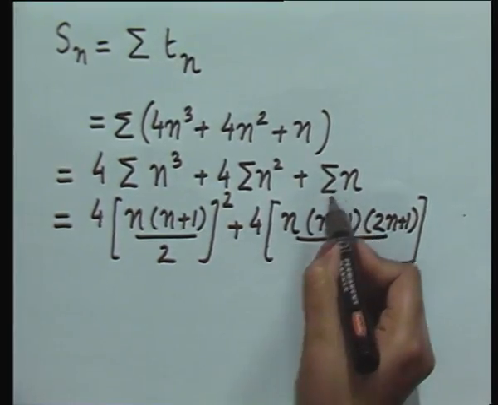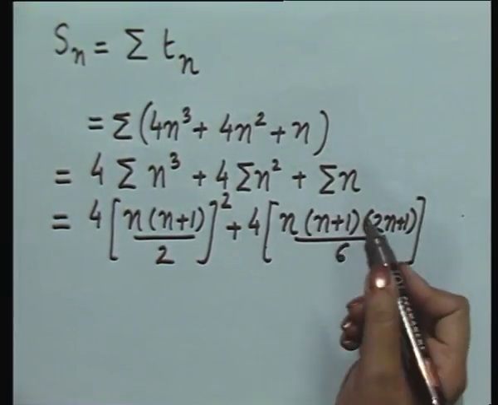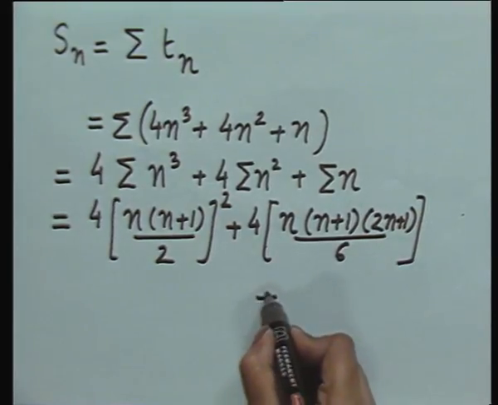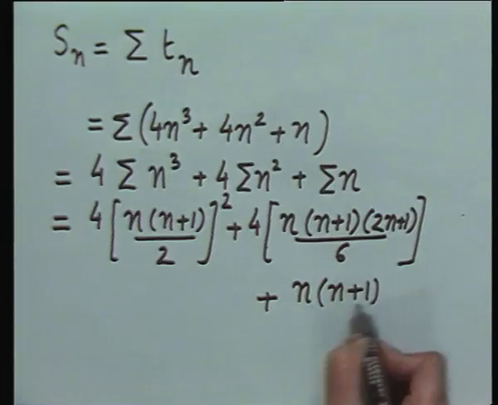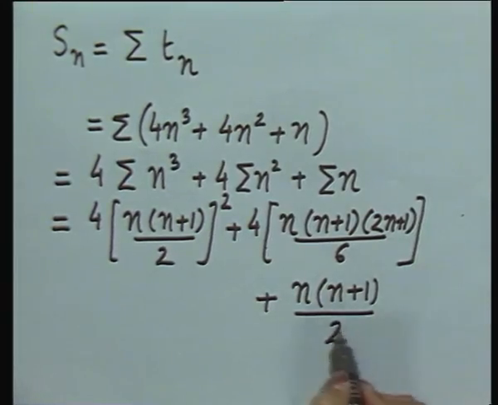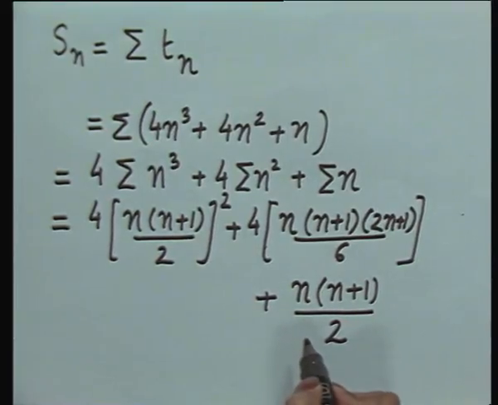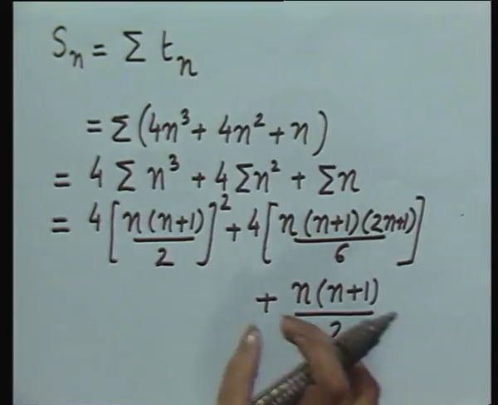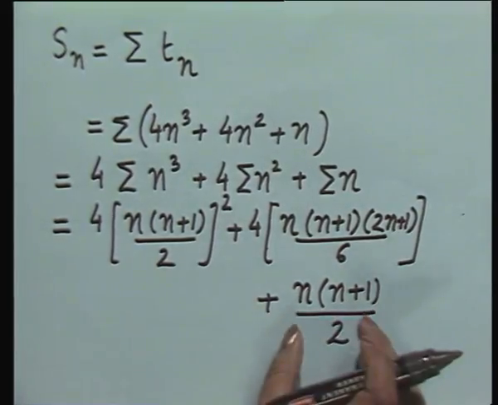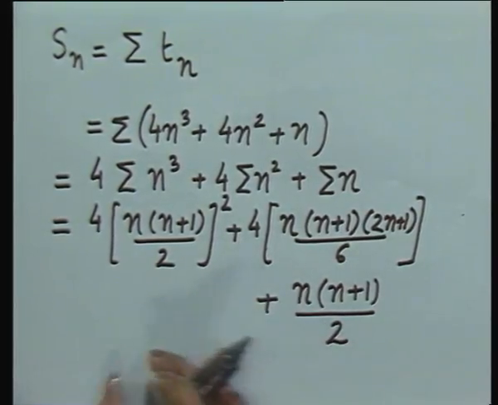Sigma n is the sum of the first n natural numbers, and therefore we can write it directly as n into n plus 1 upon 2. And this again should be simplified. For that, as you can see, this n plus 1 is a common factor. So, I can take n into n plus 1 out and can rewrite the whole thing as